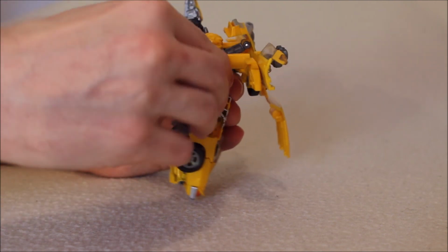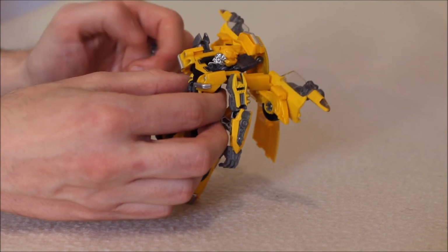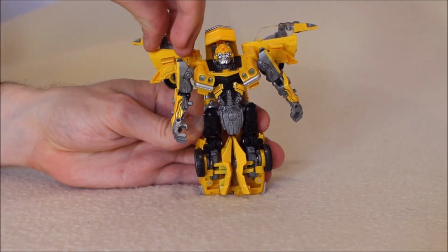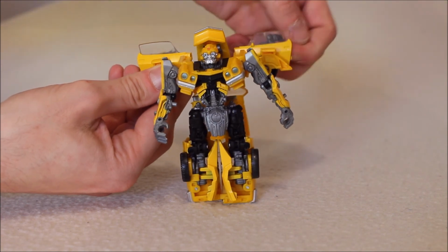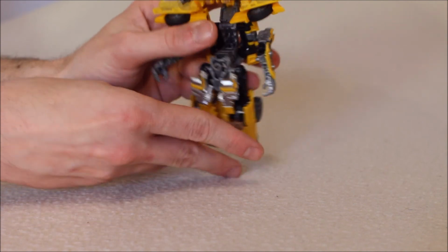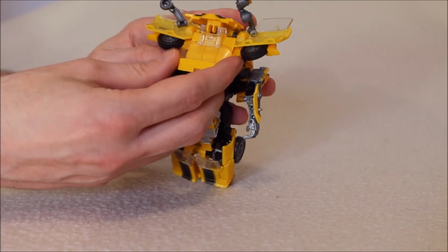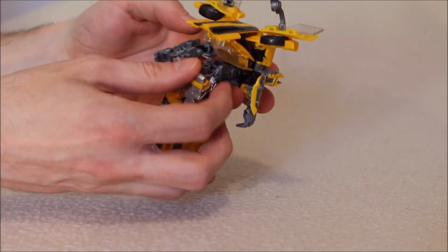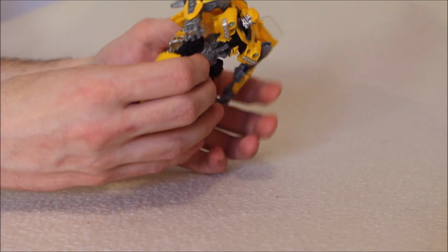Bring down the arm and bring down the other arm. And why do I keep popping that off? With both arms down, you can come to the door and flip that little piece off and flip that little piece off, and come to the back, angle down his legs, fold in the roof section, fold up the windshield, that all comes up underneath, kind of into his body, fold that down, and now you have the upper